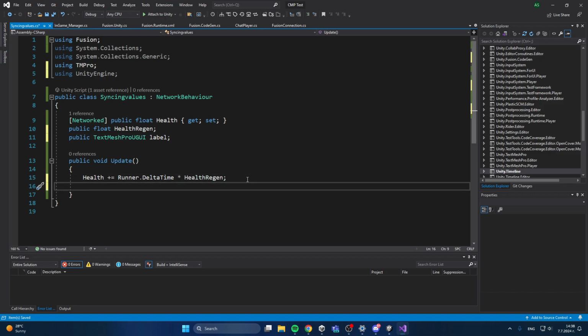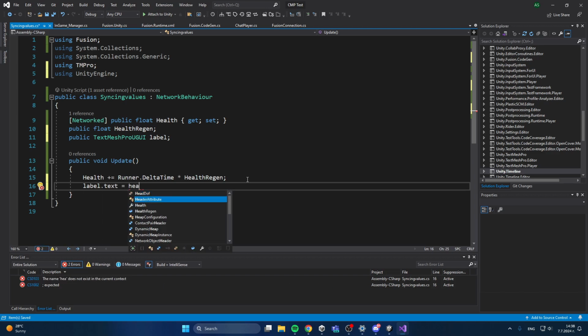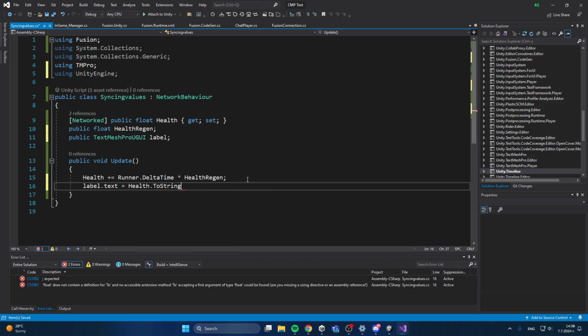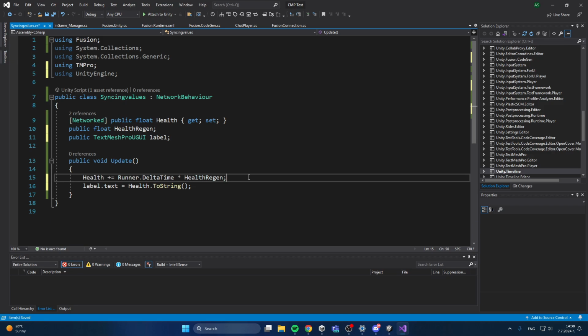So under this, I'll say that label.text equals health.ToString. There you go. So now what we have here is the networked value of health being displayed by the label, which is the health string. What I'll do now though is add something which isn't in the documentation but is very important if you're going to be handling inputs